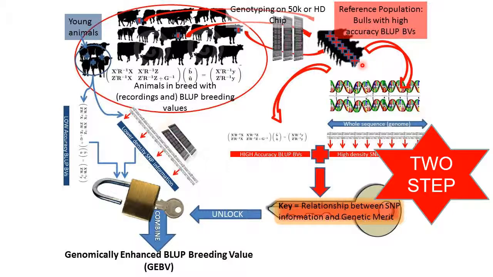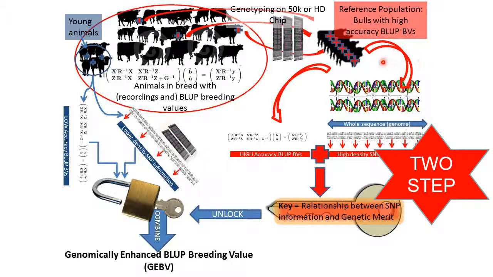As I said, we call it a reference population, and initially the notion was that you needed at least 1,000 animals. Nowadays, the notion is that you need a few thousand animals, depending on the heritability of the specific trait that you want to use it for,